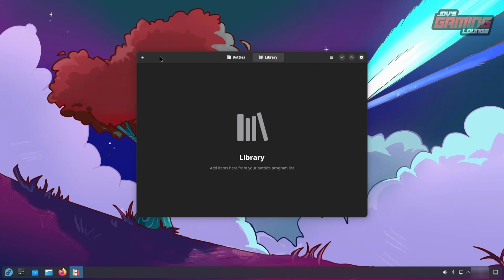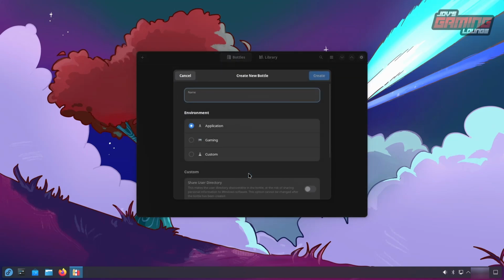To start using Bottles, we'll click on the Bottles menu, then create a new bottle. Bottles is great if you're going to use this to install a Windows application that is compatible to run through Wine on Linux, and it's also great for gaming. Here we have two choices and the option for something custom. If we're going to set this up for gaming, we'll click Gaming and give it a name. I'll call it Gaming. Create the bottle,